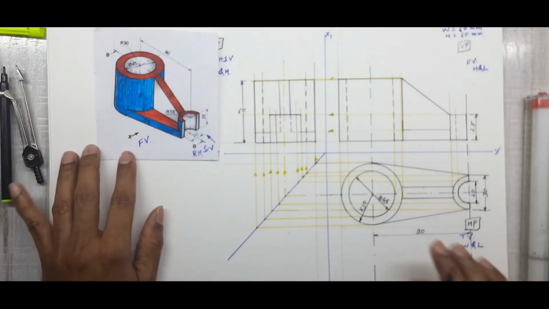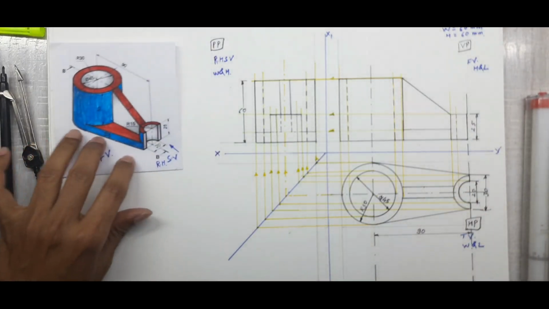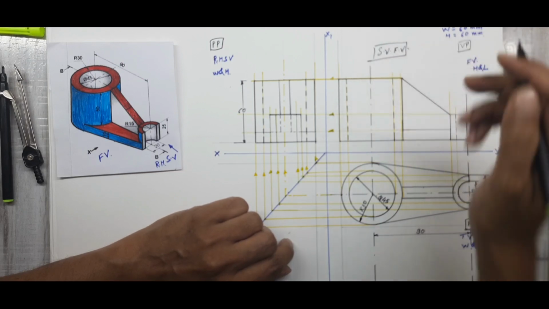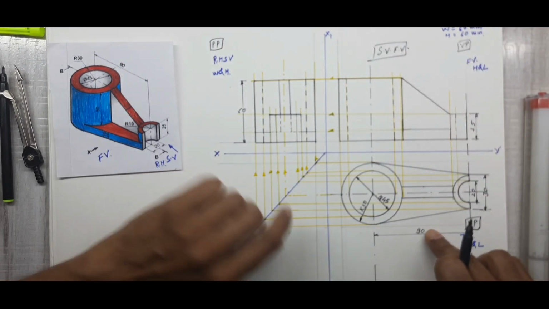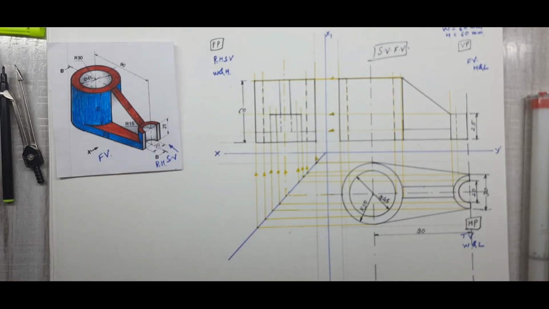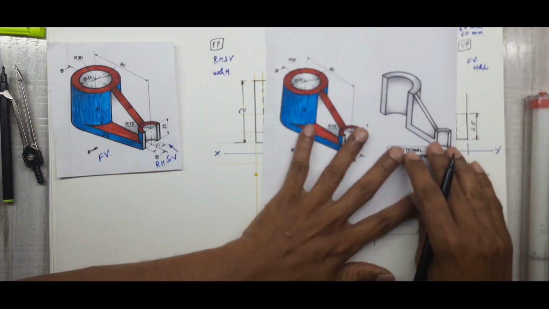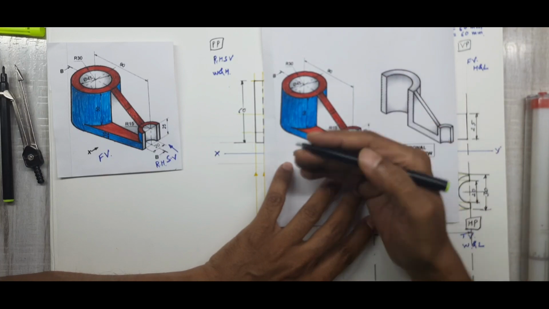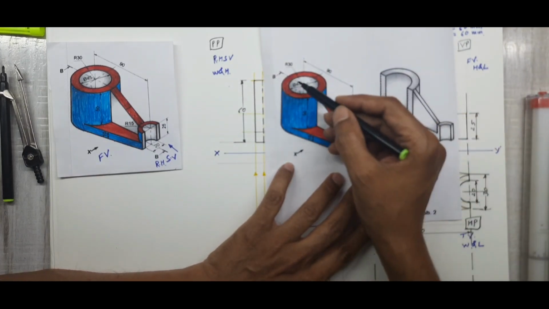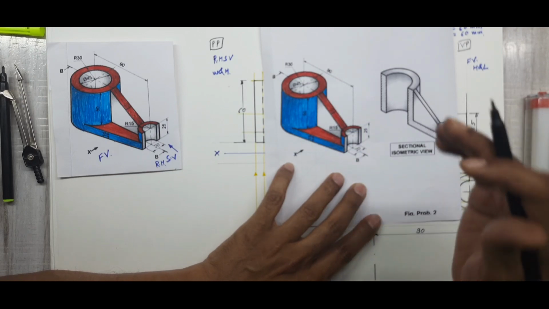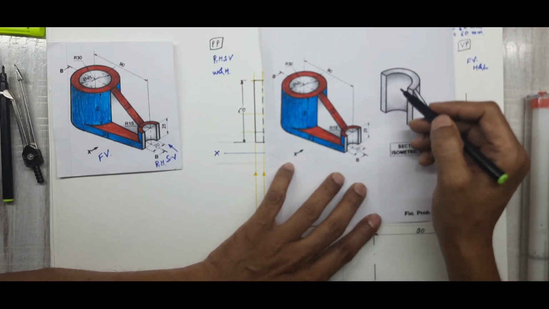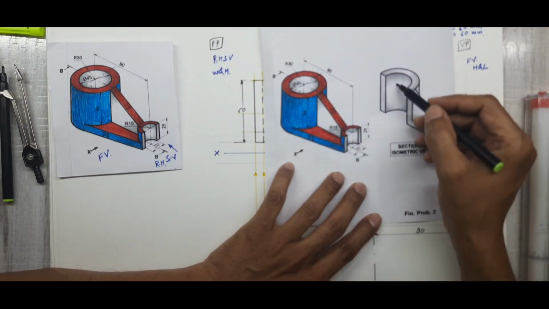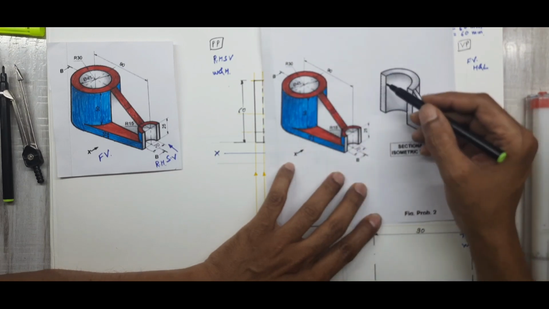Then what I want to do, as we are going for the sectional, our important thing is the sectional front view. I want the front view, but the sectional front view, top view and the side view. So for that, I will show you a sketch. When you cut from these directions, it is given already, and after cutting it, notice that wherever there is a hollow portion, when you take any cutting plane, it will not touch. Like if we took a knife and cut this, it will not touch in the middle. So that's why it is again hollow, but the remaining part will get cut.